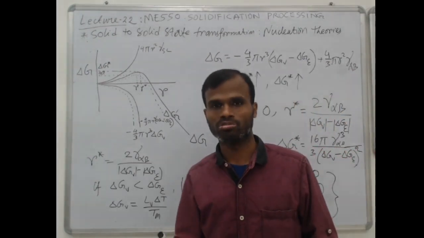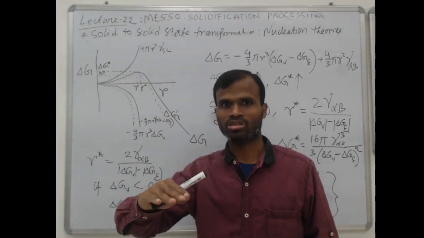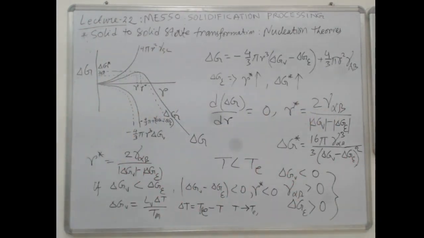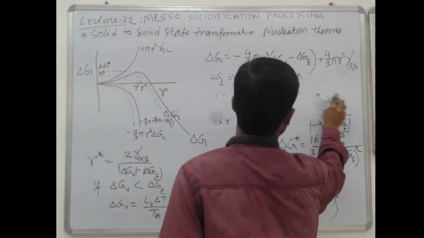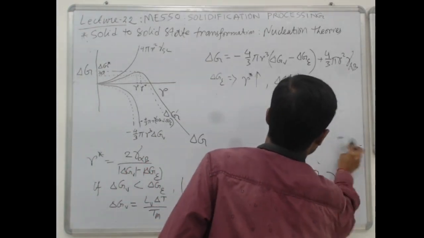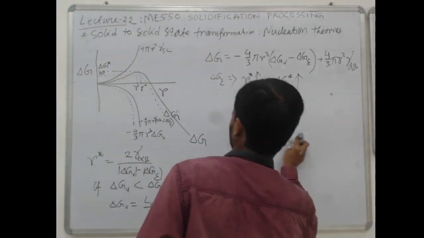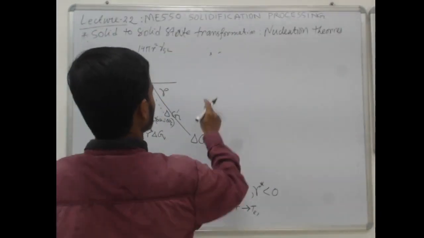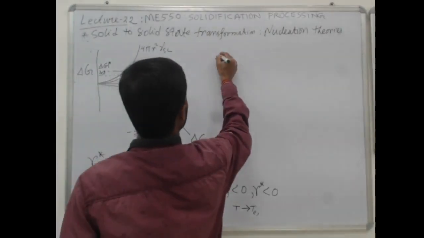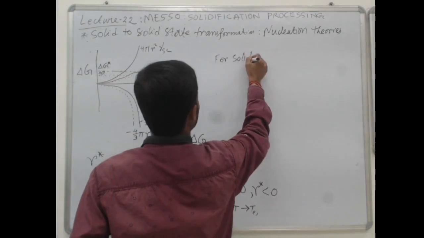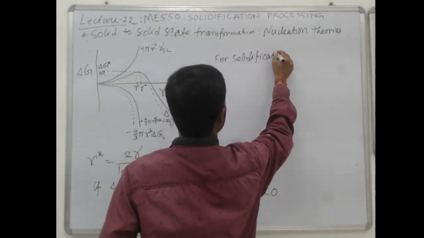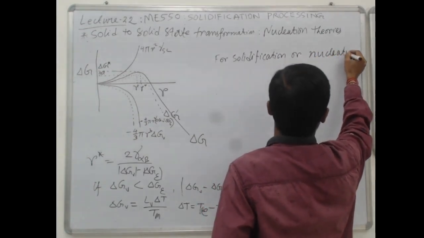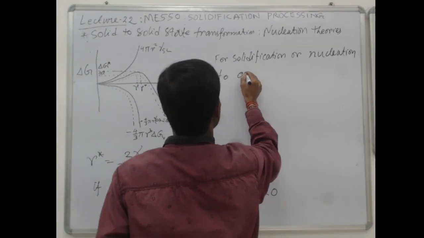So your undercooling has to be above a certain threshold value. So what is that value? At what temperature will the transformation begin? This is what we will be looking at now. So the condition for undercooling, for solidification, or say nucleation, to occur,